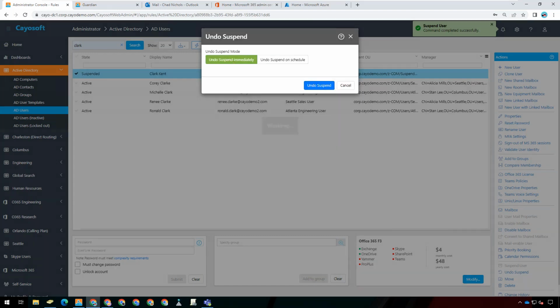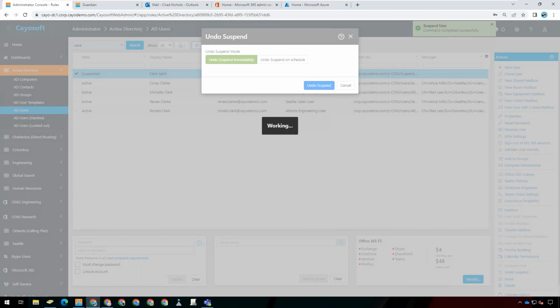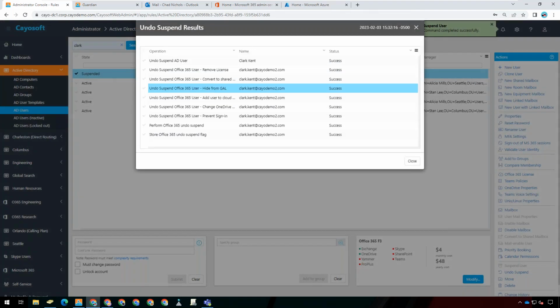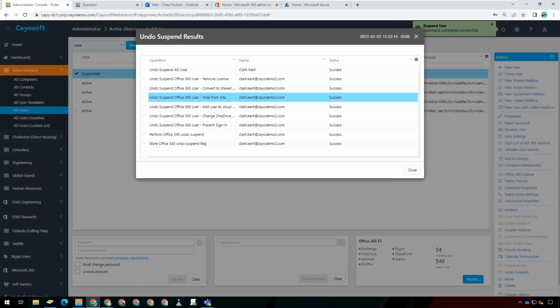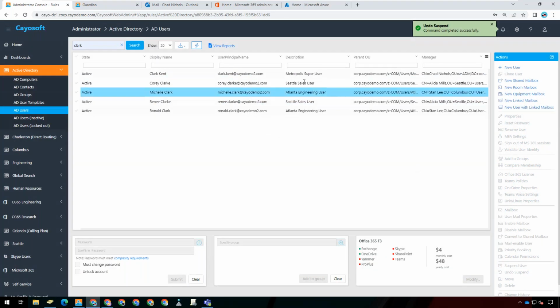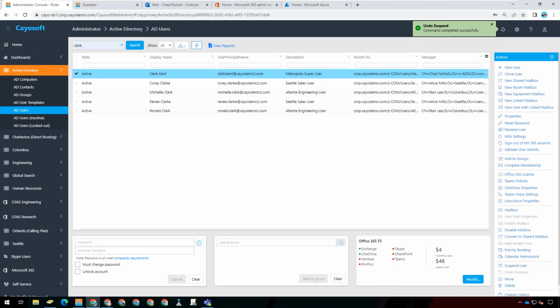So what this will do is, as part of the suspend process, we stored the information that was changed on the user account, both for the on-prem and the cloud. And then that gives us the ability to easily basically reverse that. So now this account has been re-provisioned because I messed up and I wasn't supposed to,